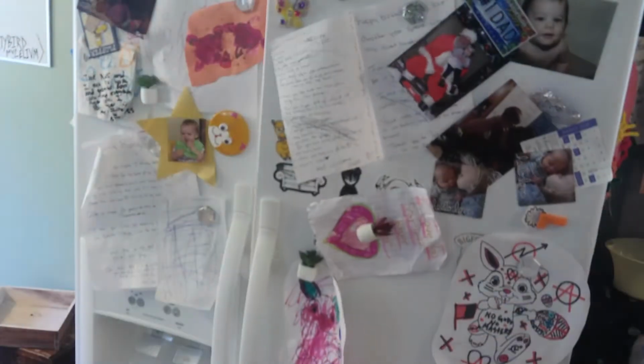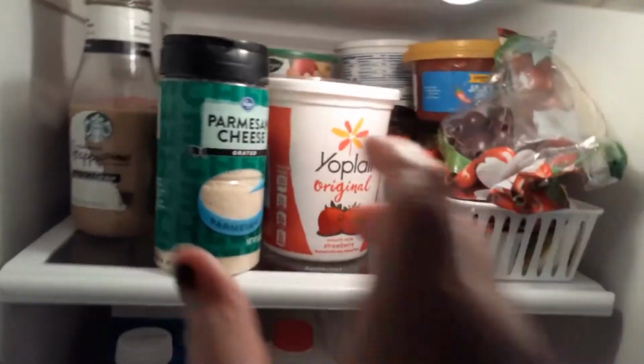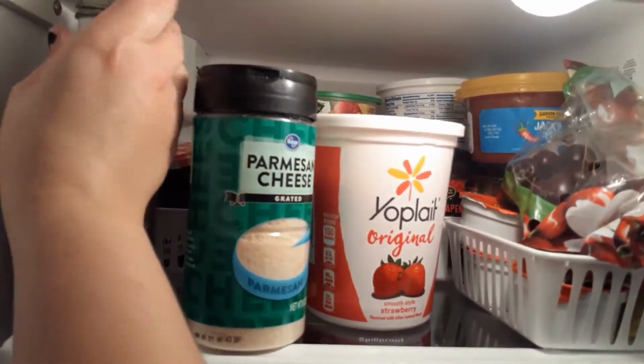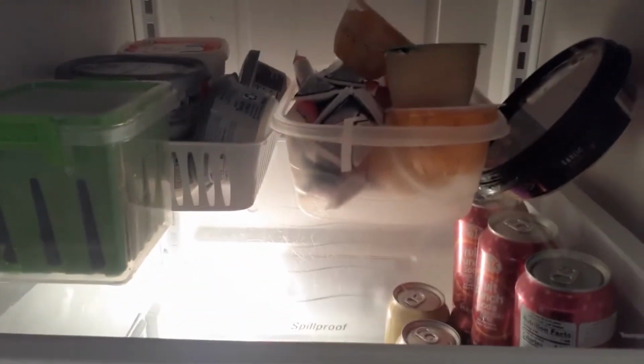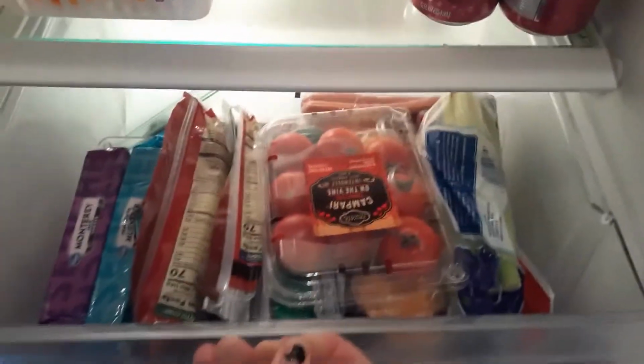So I am really happy with the end result. I have all of the jelly, Parmesan cheese, yogurt, and taco stuff, as well as Jay's pizza stuff on top. I have all my milk, alternative milk, and coffee stuff together. The kids' snacks and all of the snack stuff are on the next shelf, and then a little thing for yogurt and berries. All of the cheese is in a container together, as well as the shredded cheese, and then